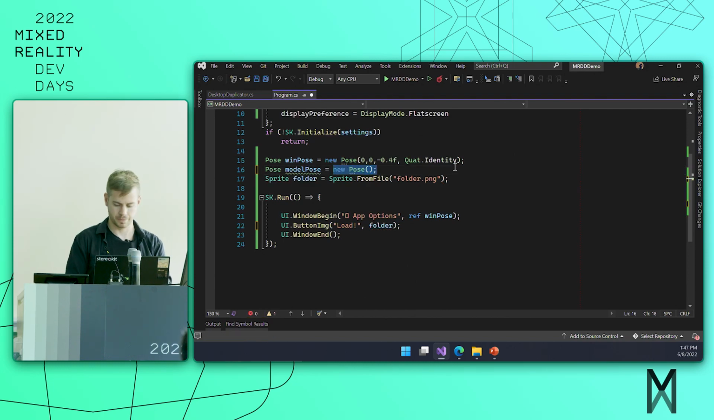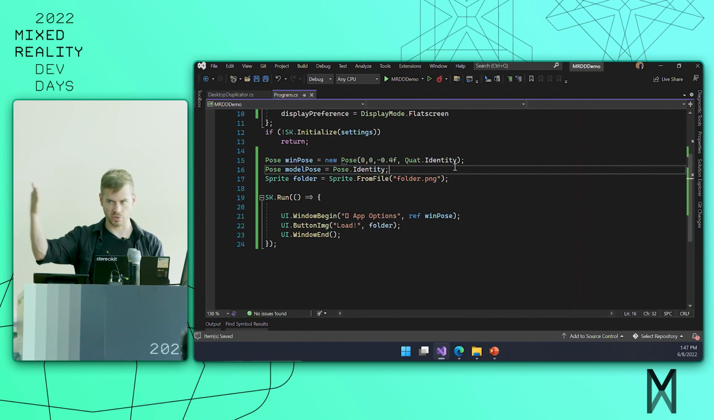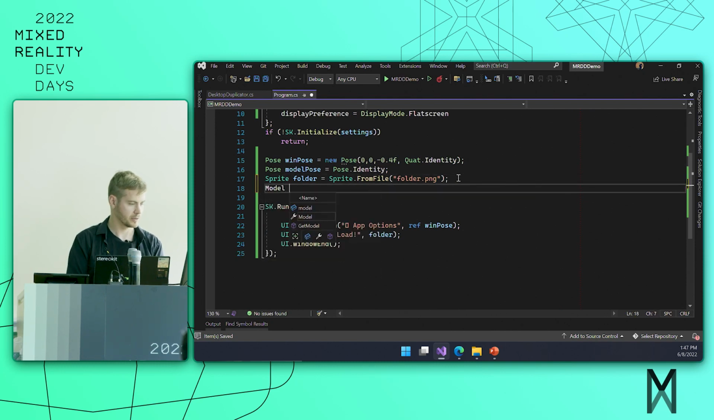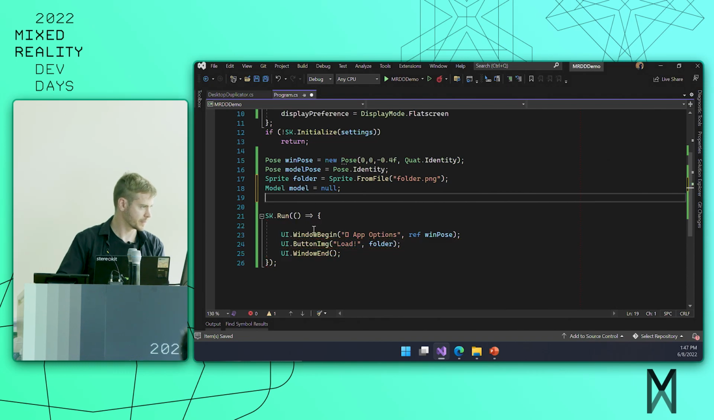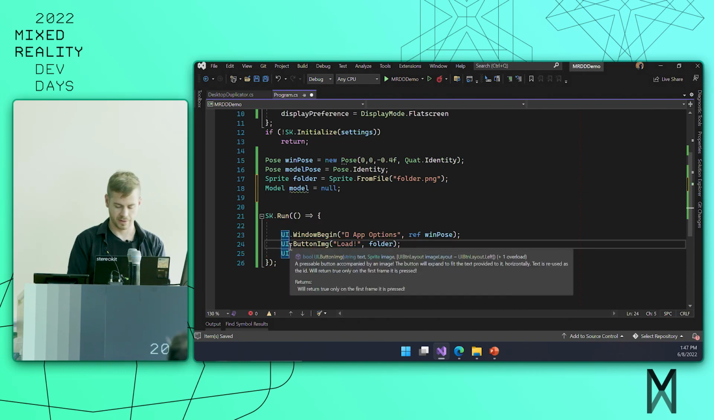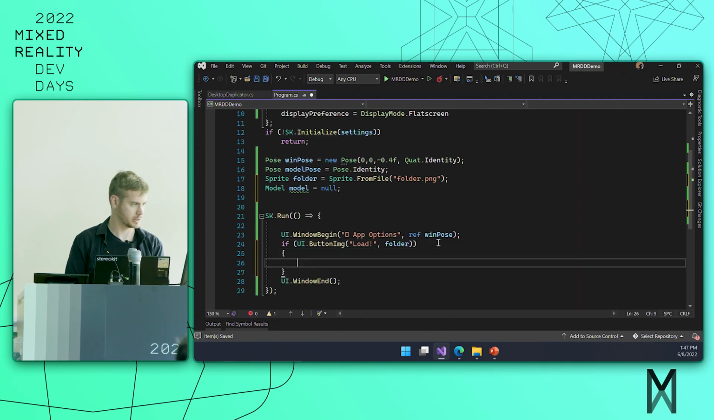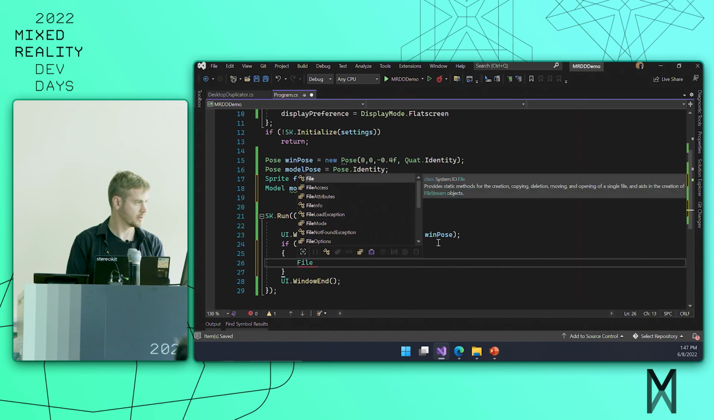Actually, we'll just do Pose.Identity, which is basically 0, 0, 0 with a regular orientation. So it's kind of a shortcut for that. And then we'll do nil for now. And what I want to do is, if they press this button, I want to load that model. So this is